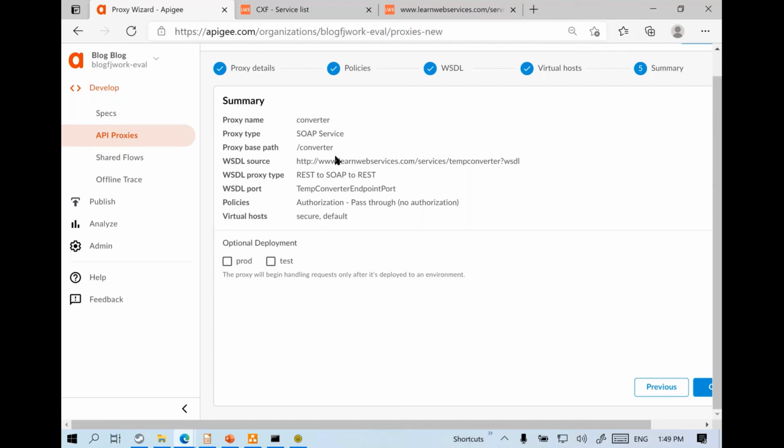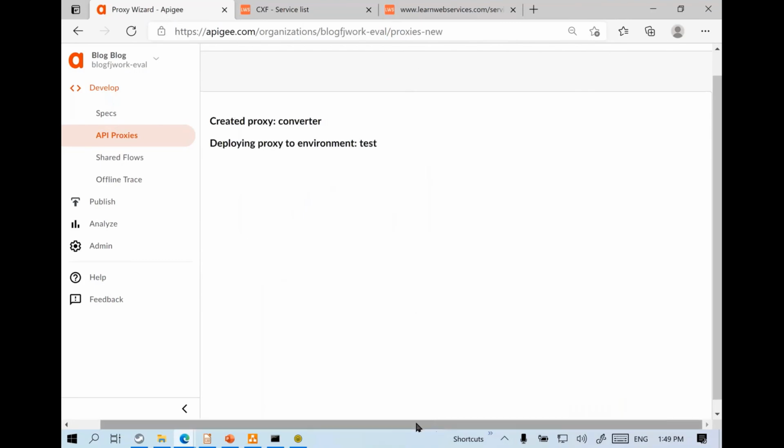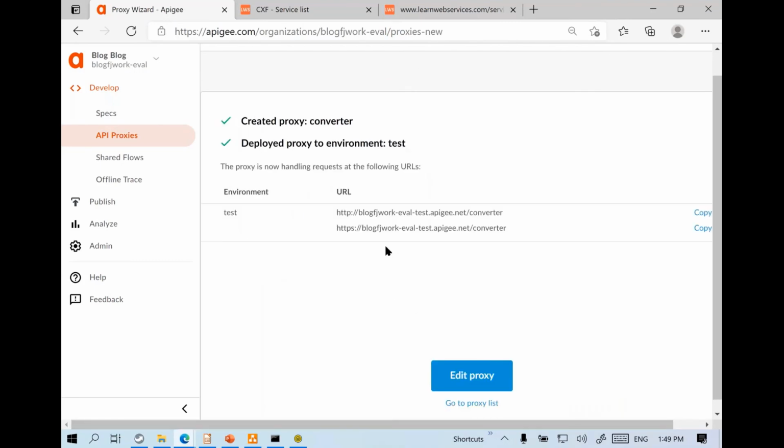So API registry is where we need to make sure that it's registered. The underlying URL will be this one, but for now I'll just use a test environment. So we're assuming that we are still working on it. It's being tested. We don't want to make it production ready yet.